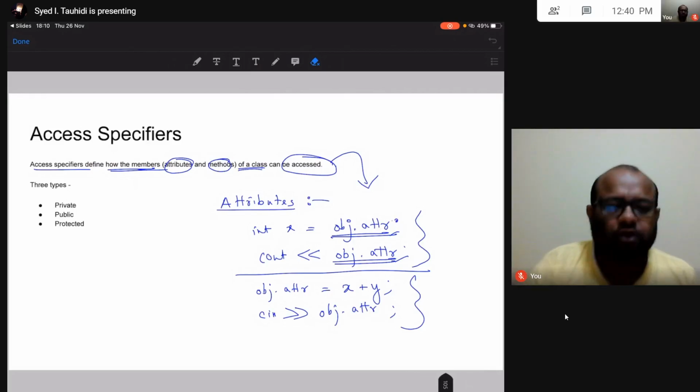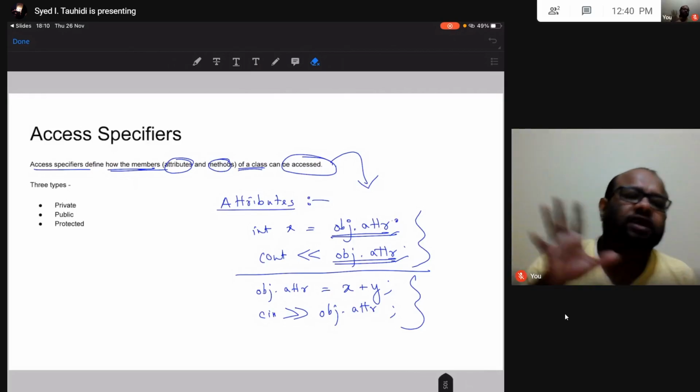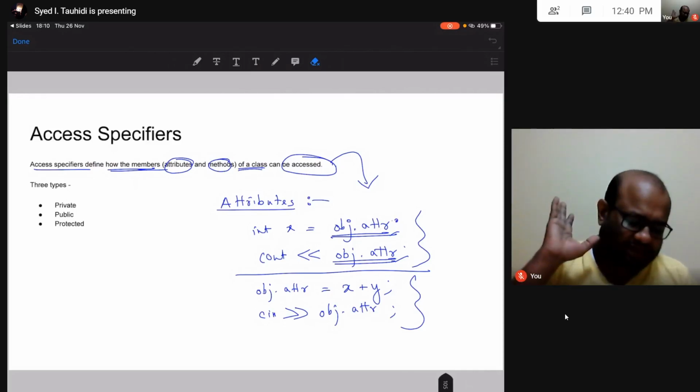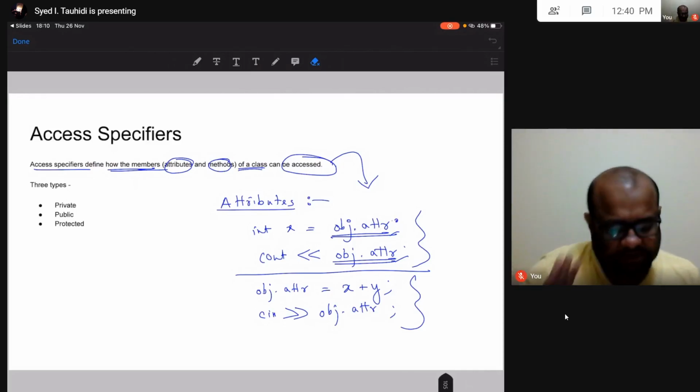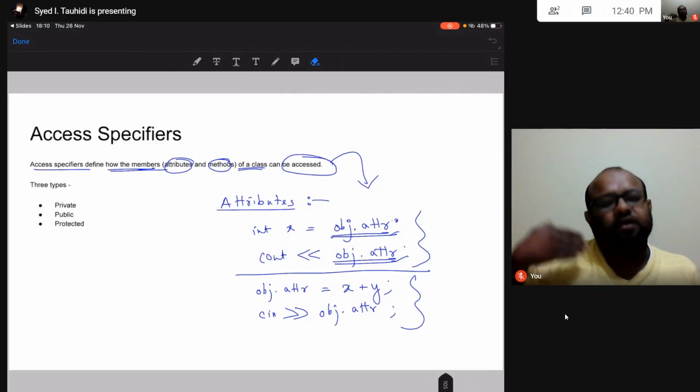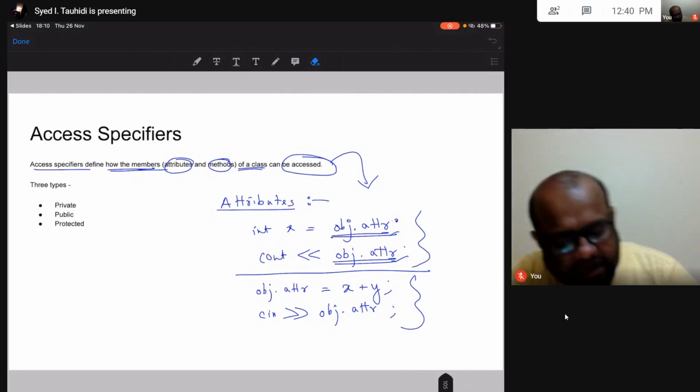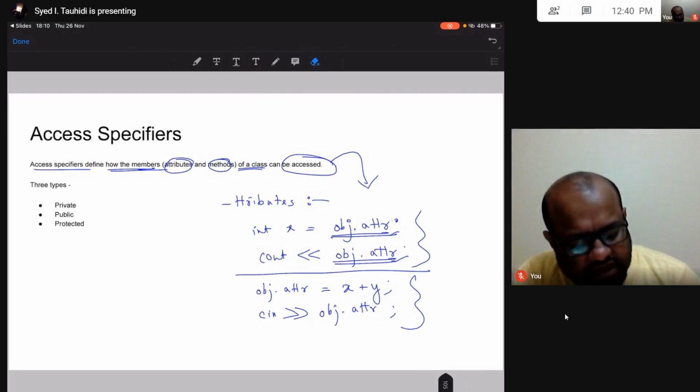Everything is a normal attribute. So if we can read, we can write. Keep that perspective in mind, that when I say access, it means I can read and write the value of the attribute.